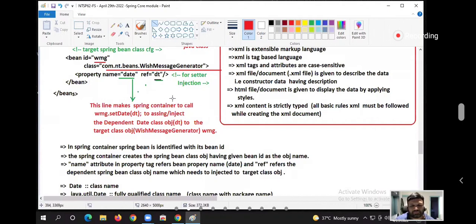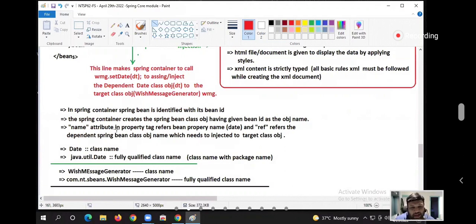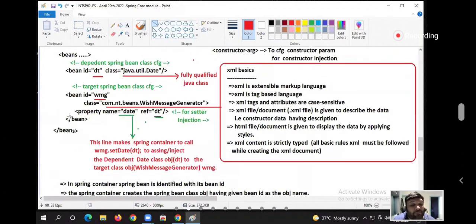See, the name attribute in the property tag refers to the bean property name, and ref refers to the dependent Spring Bean class object name which needs to be injected to the target class object. Are you understanding my statement? Sir, if 2-3 properties are there, then what should I do?